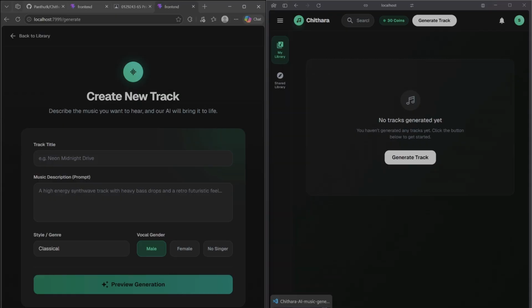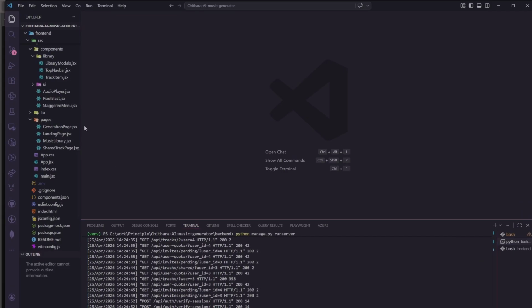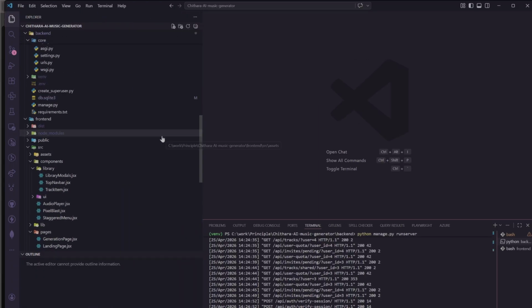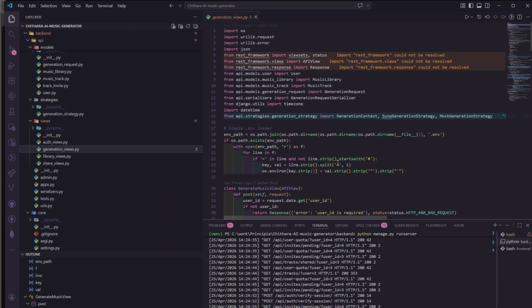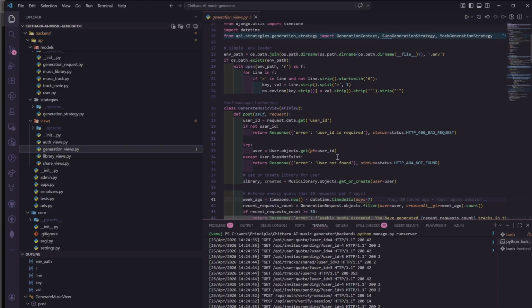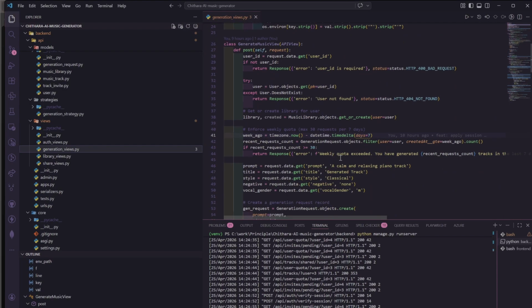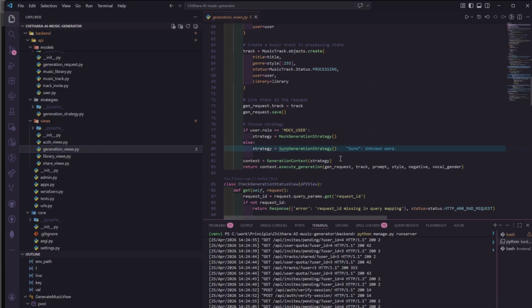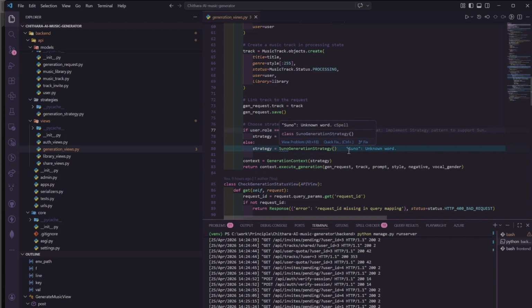I have to explain it extra. In the generate tag, we apply strategy in it. The generation field is the one that checks the role of the user, that it found the user ID and the prompt correctly, and it will check the role of the user, whether the user role is the mock user or the normal user. So as you can see, if the user is normal, it goes to the Suno generation strategy, but if not normal, if the role is the mock user, it will call the